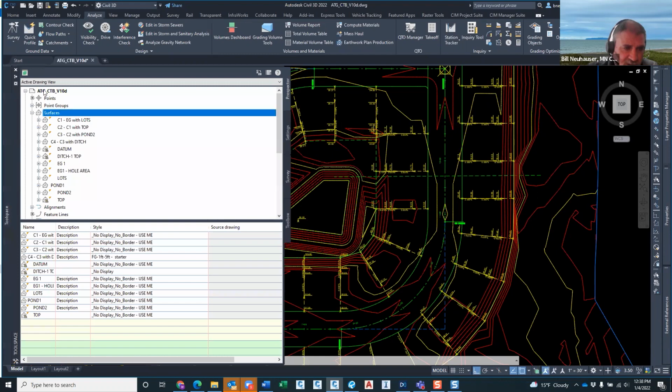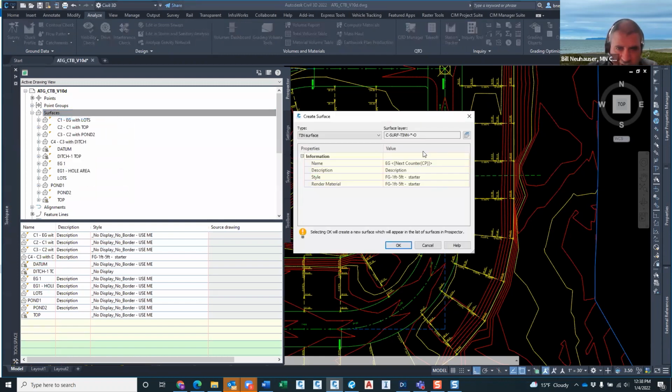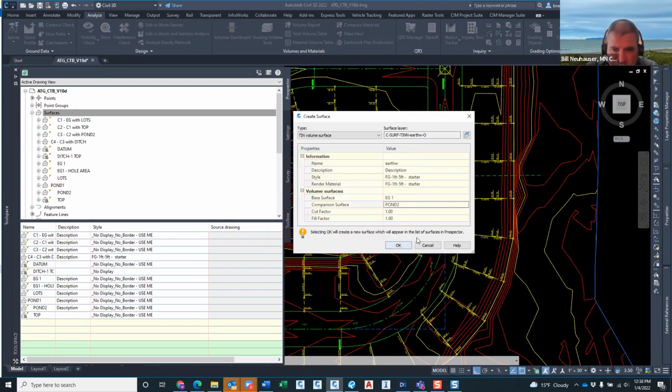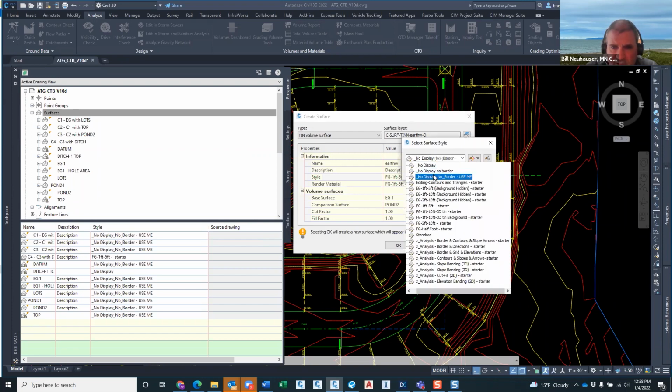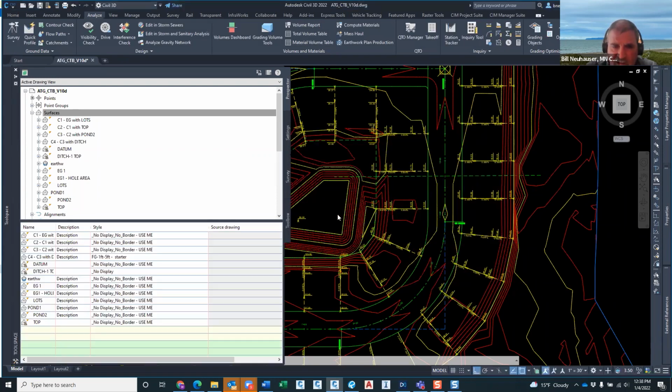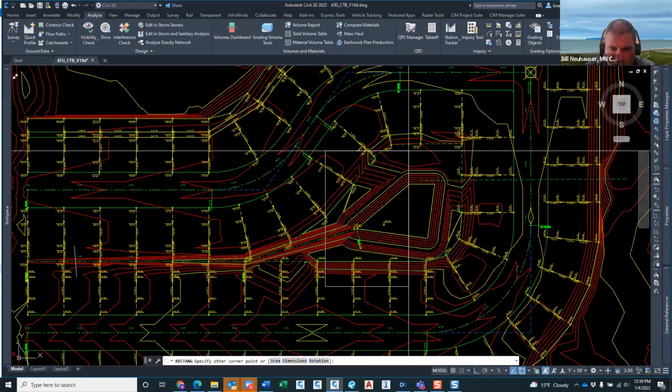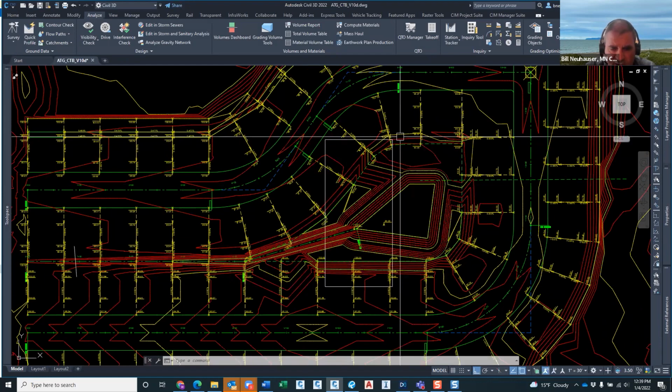Now the next one here, I'm actually going to create a surface this time, and I'll call it Earth Works. Change this to a volume surface. Change this to my base surface, existing ground. My comparison surface would be my pond. I believe it's pond 2. And I don't need to see it, so I'm going to turn it off visibly. I just know it's in this area. Okay. Now, if I do a simple rectangle here,